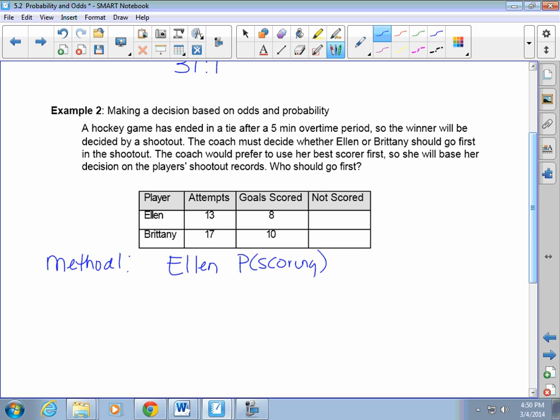So she's made 13 attempts and she's scored 8. So that would mean she would have 8 favorable out of all possible. So it would be 8 over 13, which if you calculate that is 0.615 approximately. So she has a 61.5% chance of scoring. For Brittany,